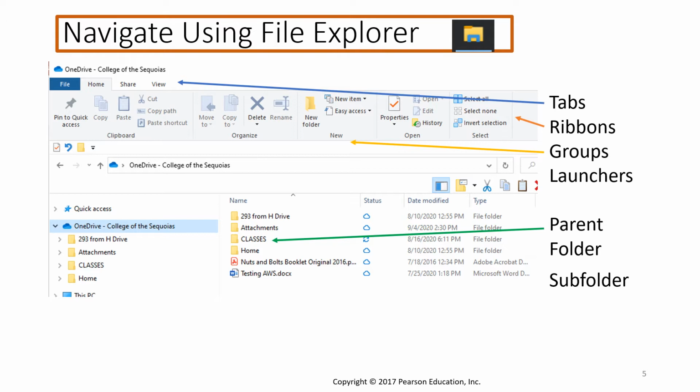So right now I have a File tab, a Home tab, a Share tab, and a View tab. Each tab will open its own ribbon. So this ribbon going across,